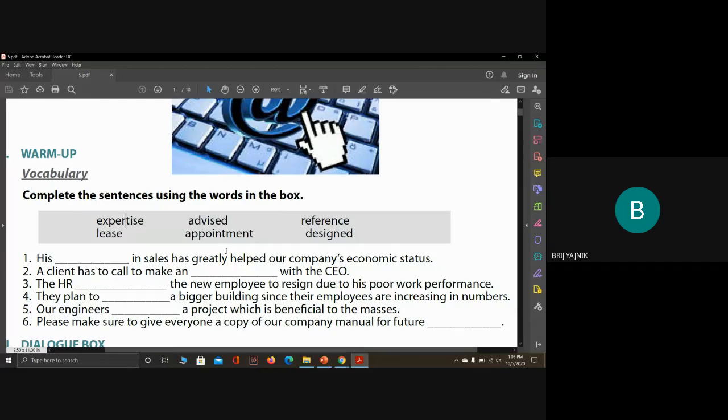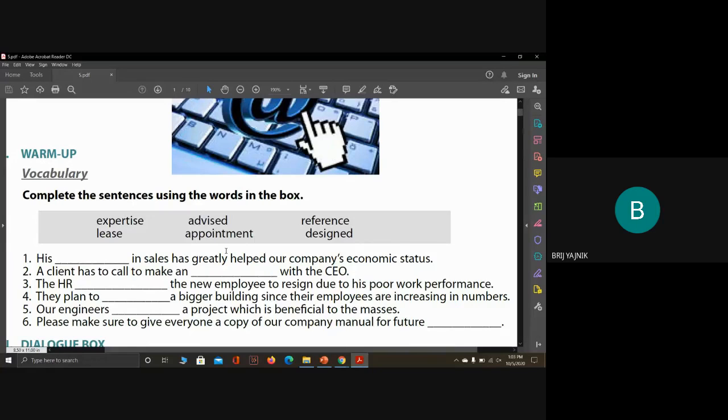Yes. What do you think? Our engineers. This time it should be designed. And now the last, if you check that, please make sure to give everyone a copy of our company manual